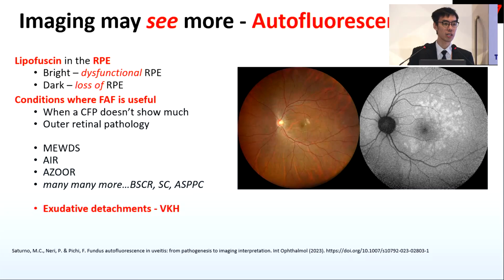This is a 30-year-old male who complains of visual disturbances after a bout of viral infection. You can see the Zeiss color photo on the right, on the left eye, essentially normal. But on the autofluorescence, you see the dots and spots in the parafoveal region, typical of Mute's disease.